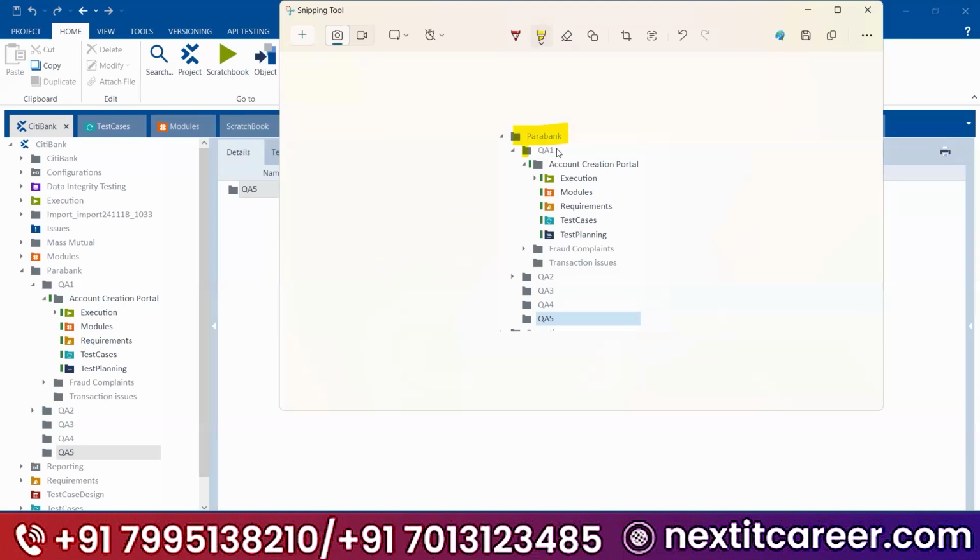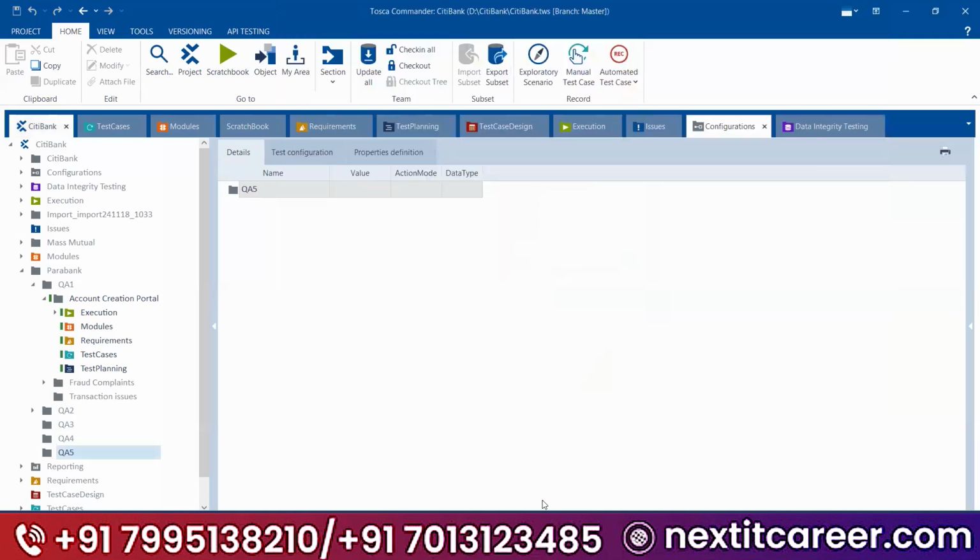This is the project, this is the component folder, and these are the subcomponent folders. This is how, once you have selected it in your company, you will see the respective folder. So you need to build this folder structure today. This is the folder structure you need to follow in Tosca.